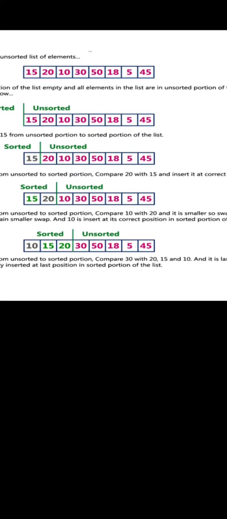Here is an example. We have a list of 10 elements, starting from index 0: 15, 20, 10, 30, 15, 50, 18, 5 and 45. Now, according to our insertion sort algorithm, let's consider the first element of the list as a sorted one. In the second step, we can see that all the elements are unsorted. In the third step, the first element, that is 15, we consider as sorted and all the remaining elements